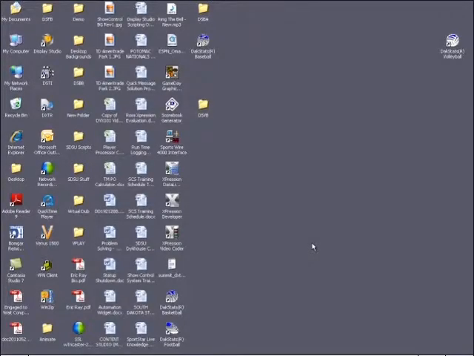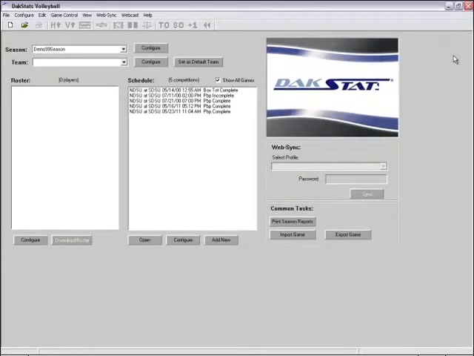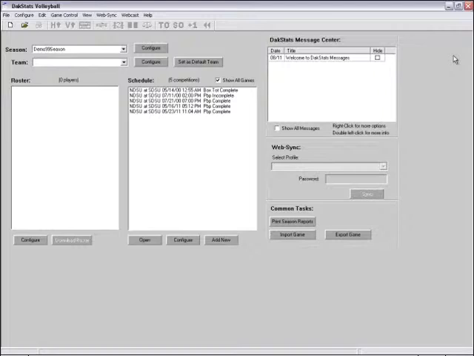To open Dakstats Volleyball, double-click the Dakstats Volleyball icon on your computer's desktop. When the Dakstats Volleyball program is first opened, users are greeted by the splash screen. Here, users may select seasons, games, and rosters to configure, as well as open, import, export games, and print detailed